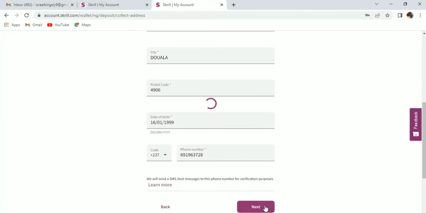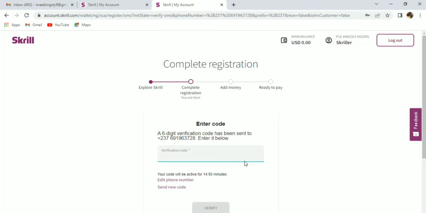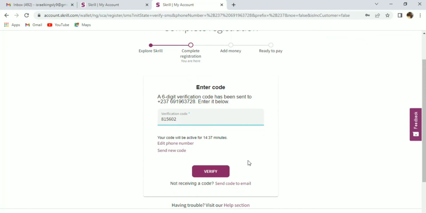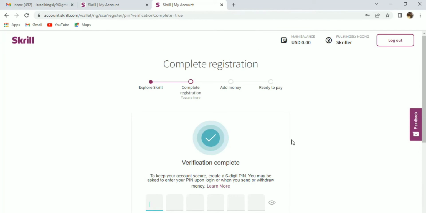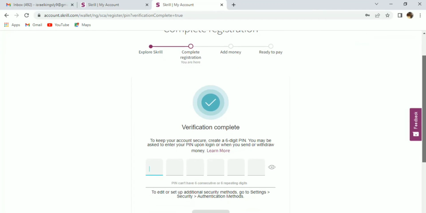When I click on next, they will send me a verification code which is 6 digits to my SMS. I'm just going to copy that verification code straight away on this section. Then I click on verify. They say verification complete. To keep your account secure, create a 6-digit PIN. So just enter any number here, a number that you know that you can remember on this section right here,